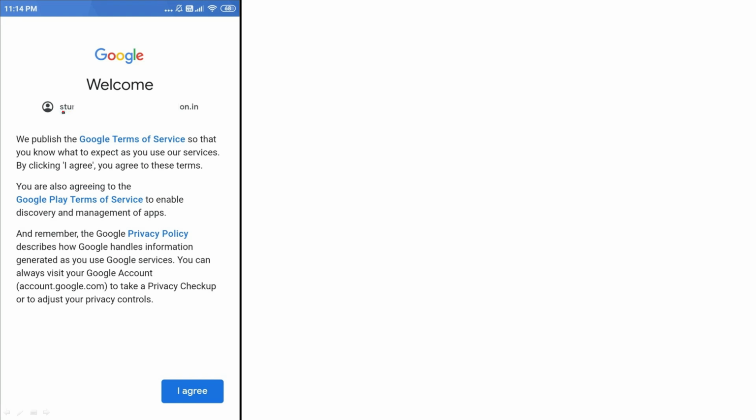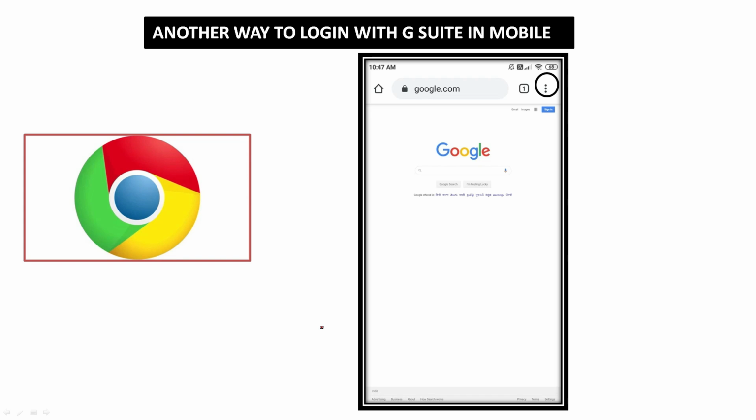Your account will appear here. You can see your account will appear here. Then lastly, the conditions are given, so you have to give I agree. Once you give I agree, you have created the G Suite account. Now another way